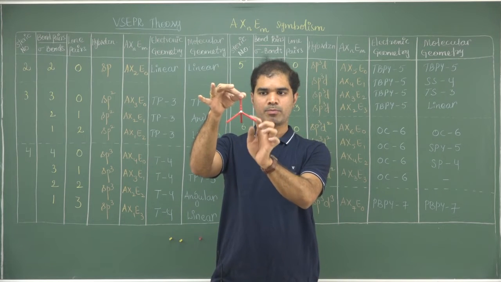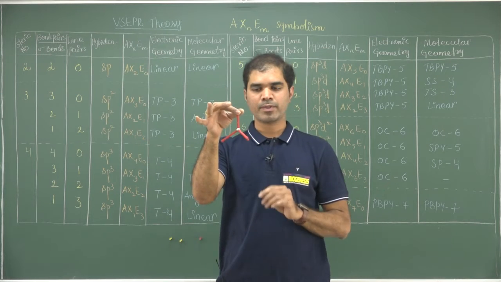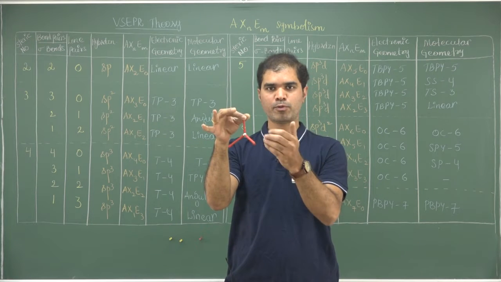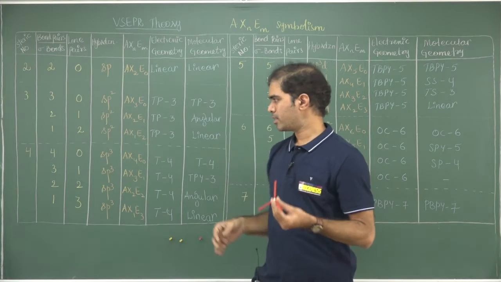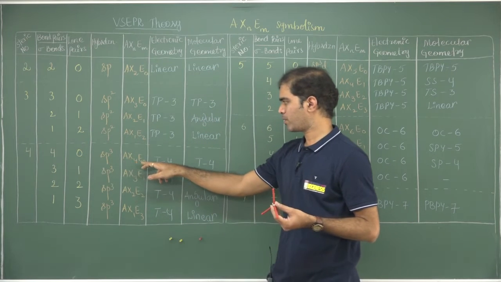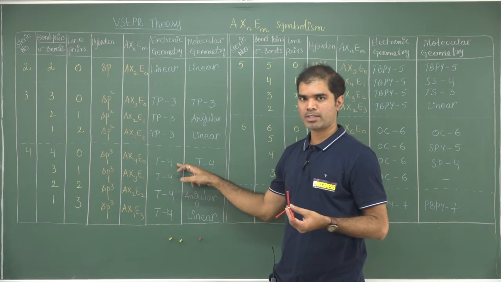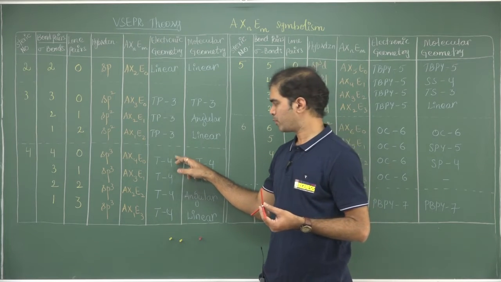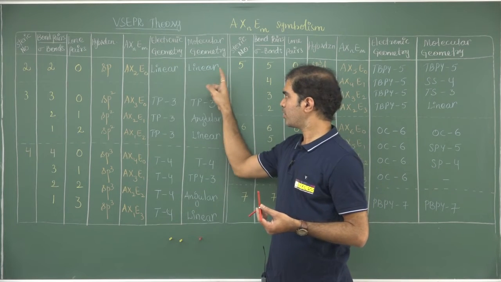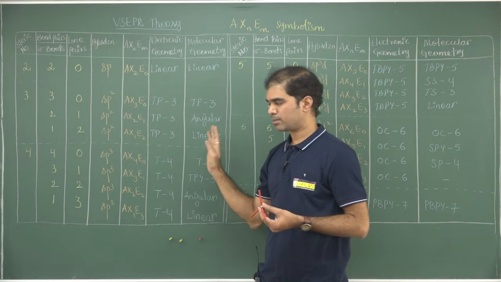Within this tetrahedral geometry, as you can see, the bond angle is about 109 degrees and 28 minutes. With this bond angle, the repulsive forces are least when there are 4 bond pairs, and this gives us a 4-0 combination with sp3 hybridization, AX4. There are no lone pairs and the geometry is represented as T-4, a tetrahedral geometry with 4 surrounding atoms. So the electronic geometry and molecular geometry will be the same whenever the lone pairs are nil.